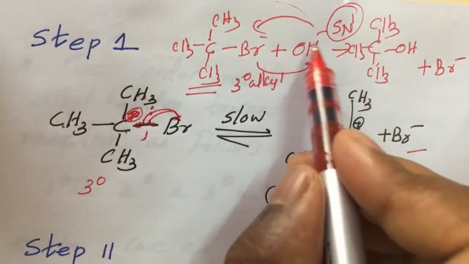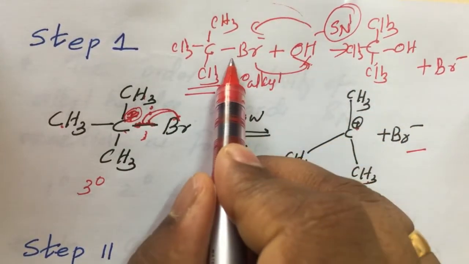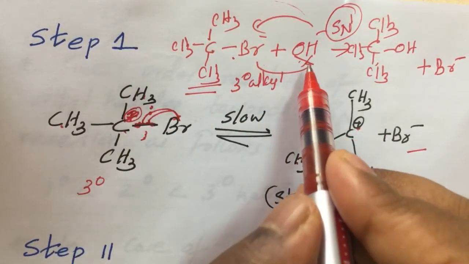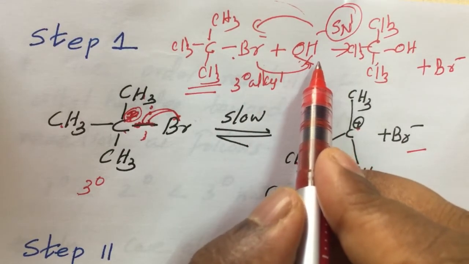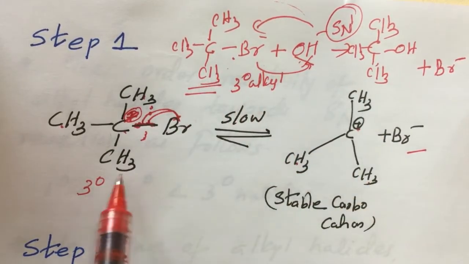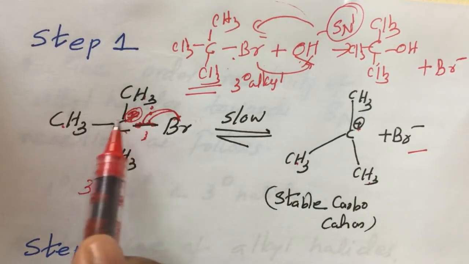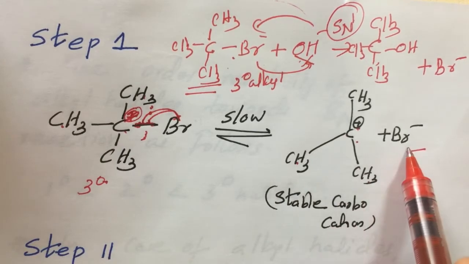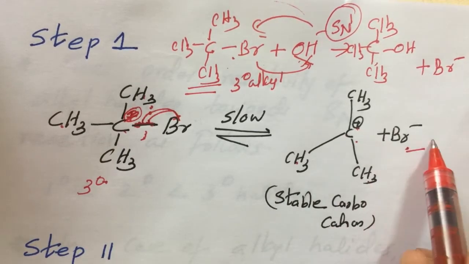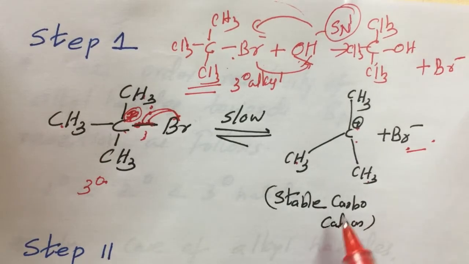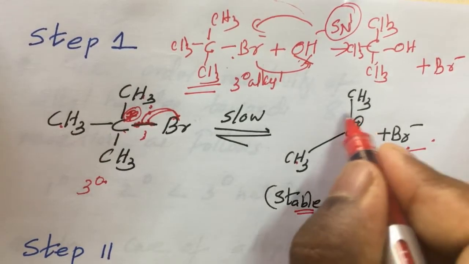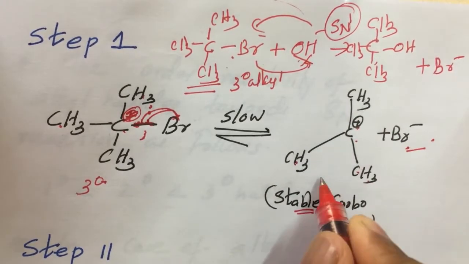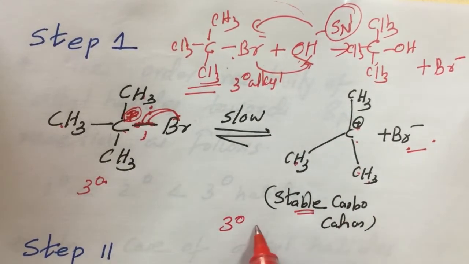Here in the first step, OH minus is not adding to the alkyl halide, unlike SN2. In the SN1 mechanism, in the case of a tertiary alkyl halide, the molecule undergoes cleavage in the first step and forms a carbocation and the nucleophile Br negative. This carbocation is stable because it is a tertiary carbocation. Why is it called tertiary? Because it has 1, 2, 3 alkyl groups, so the carbocation is a tertiary carbocation.